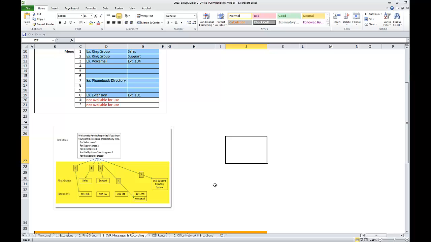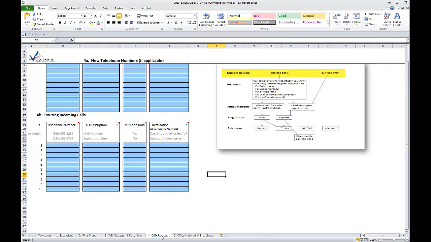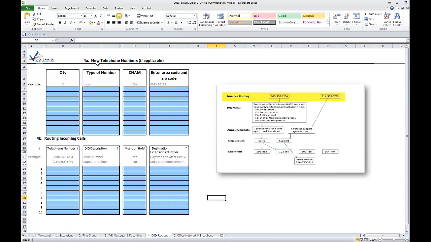Again, extension at the bottom of the file here. The fourth tab is the DID routes. This is if you want to purchase new numbers in your particular location. So we need to know exactly the quantity that you would like to purchase, the type of number. This can either be local or it can be a toll-free number. The CNAM basically is the caller ID. And again, there's a little definition about what the CNAM is in these particular cells. You can hold the little knob here and it'll give you exact information about what you would like to do